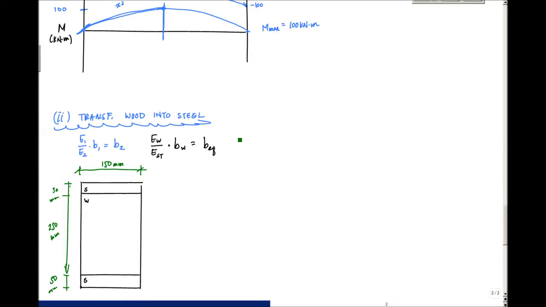This B equivalent is going to be 10 GPa over 200 GPa times the width of the wood here, which is 150 millimeters. Punch that into my calculator, and that gives me 7.5 millimeters. So my transformed section, my composite section all in one single material,